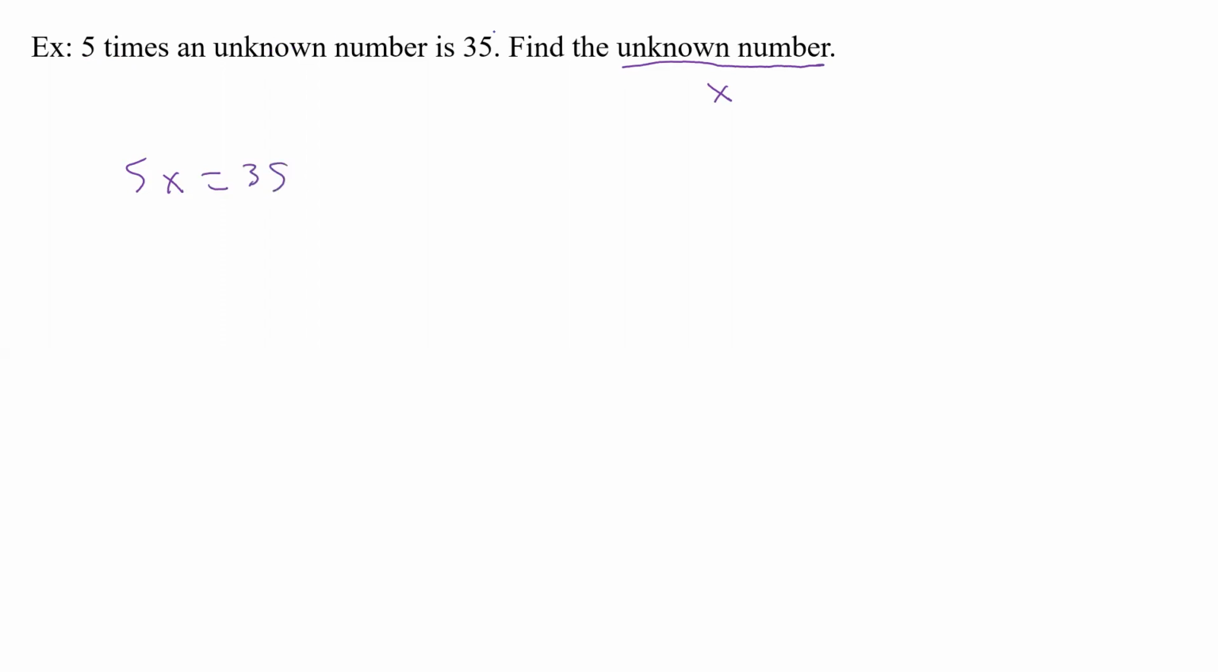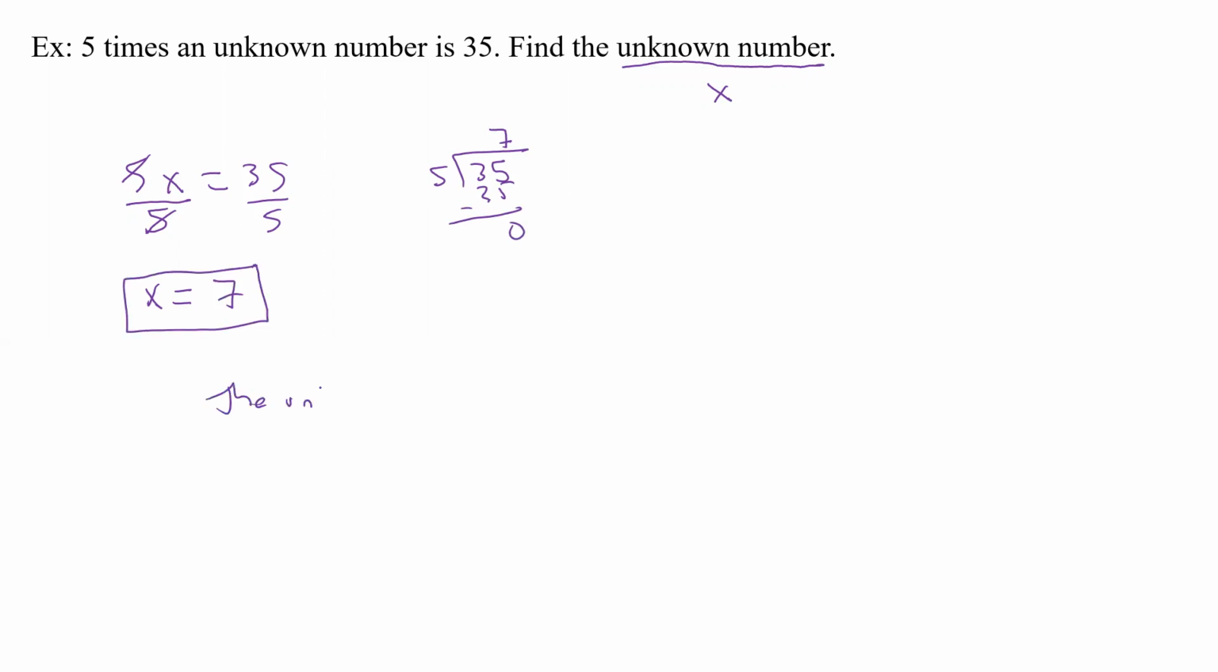And so we've just rewritten this sentence into this equation. 5 times some unknown number is 35. Now, if we multiplied the letter x by 5, to get rid of that, we have to divide by 5. And when we do it on one side, we do it on the other side as well. So that 5 cancels, and we get x equals, now 5 goes into 35. Well, 5 times 7 is 35, and so our solution then is 7. So this time, the unknown number